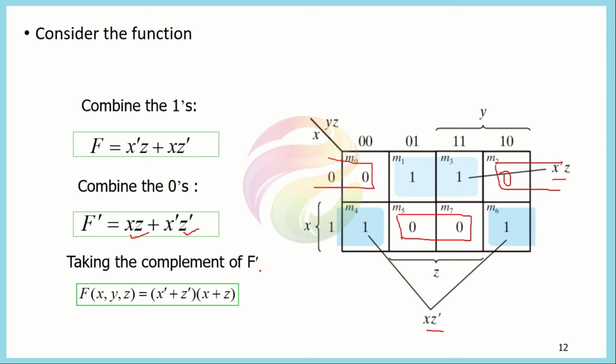Again, if you take the complement again of this f function, that f complement, it will give you back the original function. So it will be of this one, because if you take the complement, it will give you this equation. And now you can see that this is now in the product of sum form. So in this way, you take a function or the complement of a function using the K map.